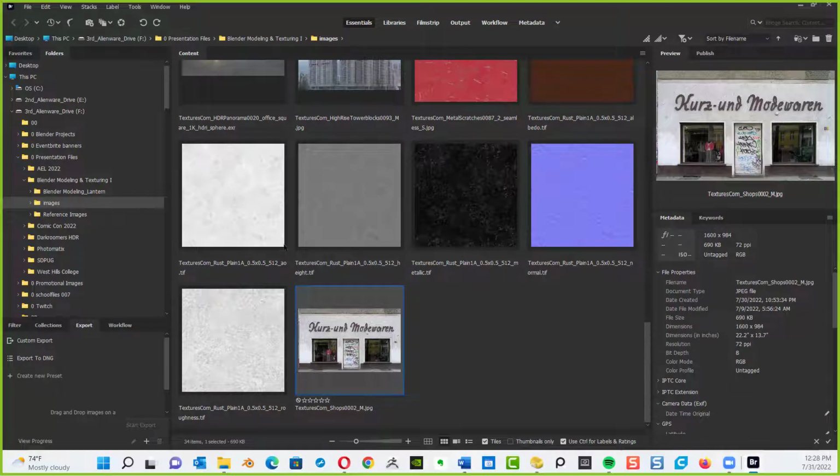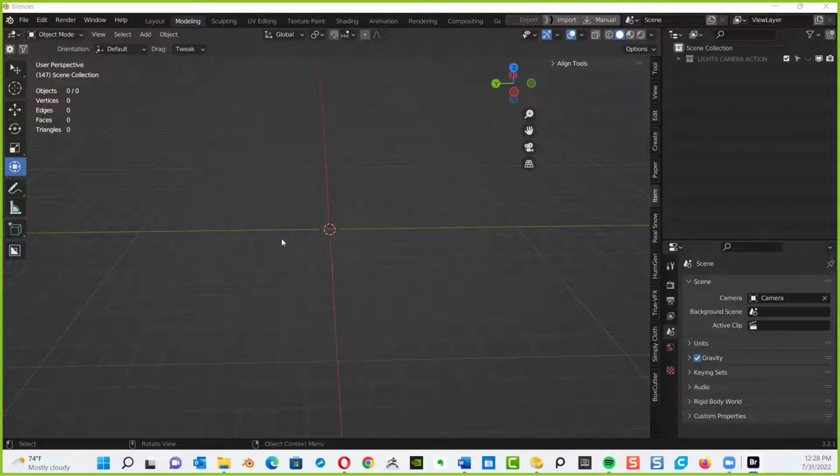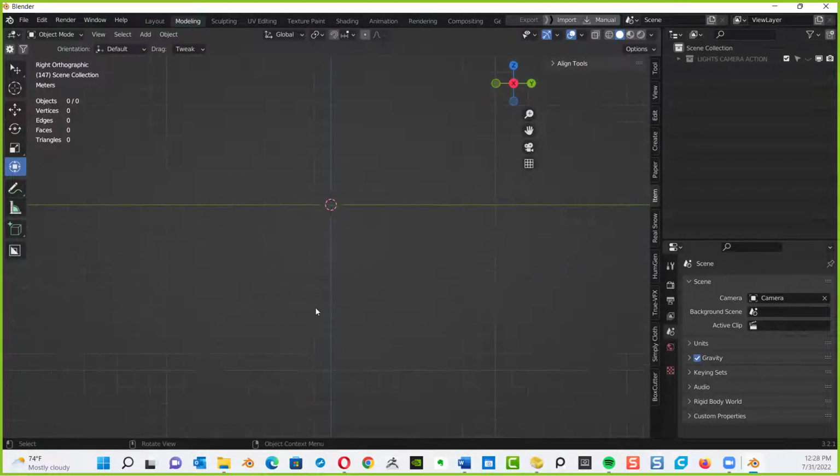I've got it now. For you, it's going to be in a folder called West Hills, and inside the West Hills folder, it'll be under Images. Okay, so I'm going to get out and go into Blender. How do I bring this in? I'm going to go in the front face view. Go to the number 1. It doesn't really matter so much. I tell you what, let me try the side view. Put it in the side view.